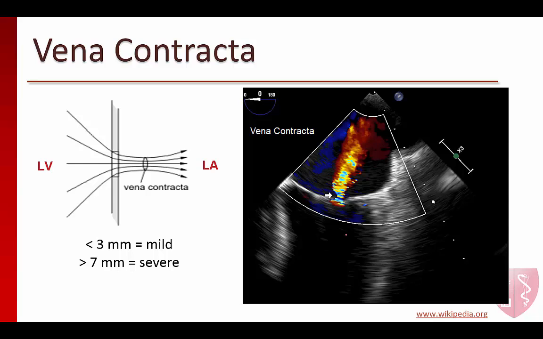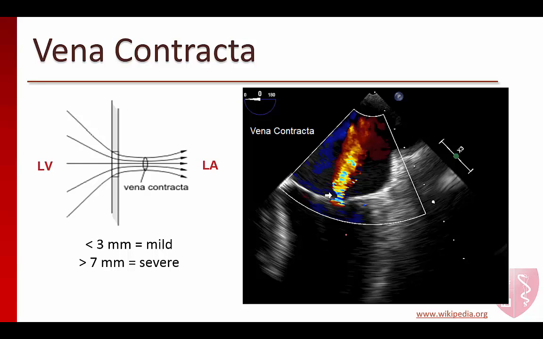The vena contracta refers to the narrowest part of the regurgitant jet just after it passes through the regurgitant orifice. It can be measured in any long axis plane of the mitral valve and is best obtained by using high-resolution zoomed views. The advantages of this technique are that it is easy to perform and can quickly distinguish mild or